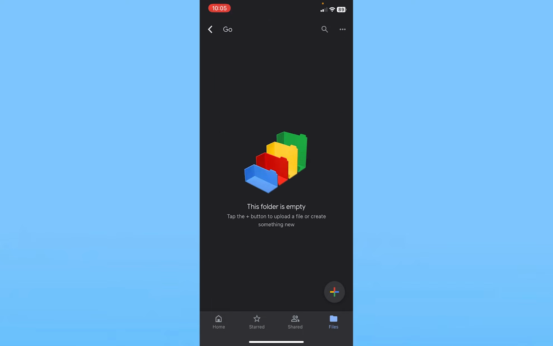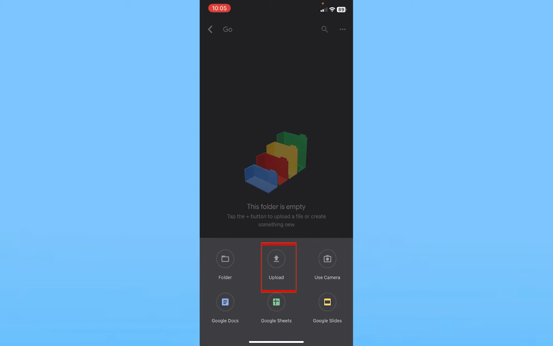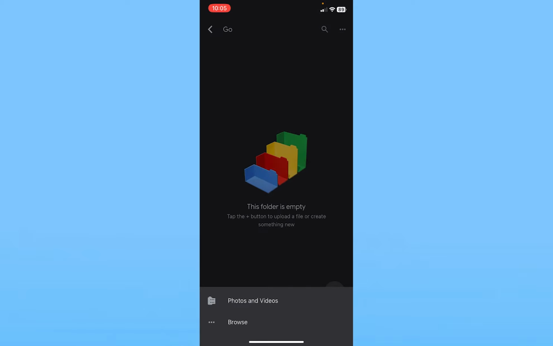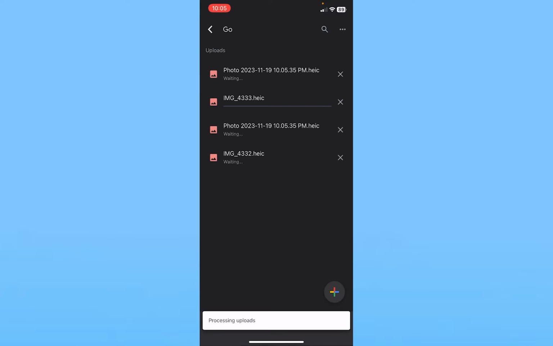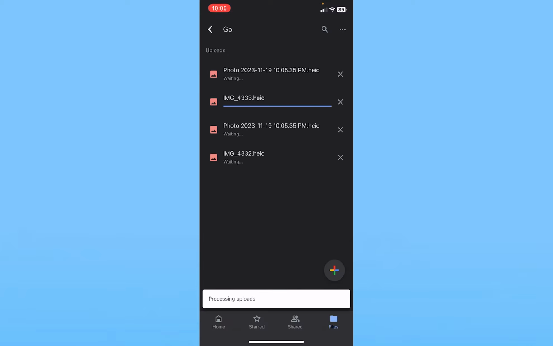Now again, inside the folder you can see the plus button at the bottom. Click on the plus button and click on upload. And from over here you can click on browse to browse the photo or folder which is inside your phone, or click on photos and videos and it's going to show you all the photos and videos of your gallery. Click on it and then it's going to show you all the photos available in your gallery. You can choose them and click on upload, and all of the photos, videos, anything you want to upload is